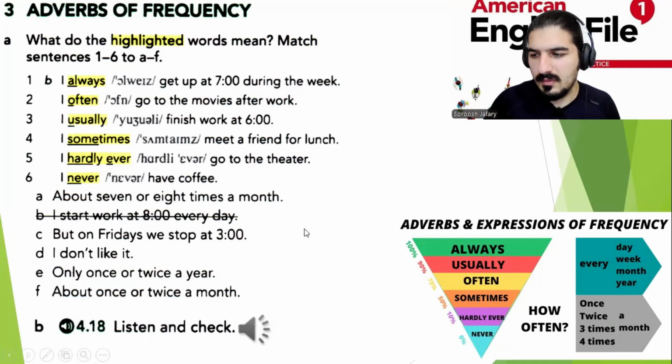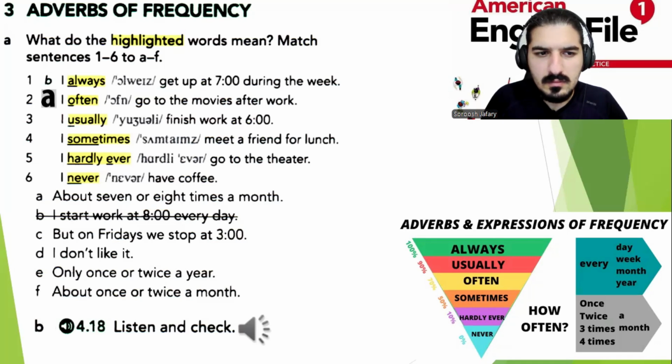Adverbs of frequency. 1. B. I always get up at 7 o'clock during the week. I start work at 8 o'clock every day. 2. A. I often go to the movies after work, about 7 or 8 times a month. 3.